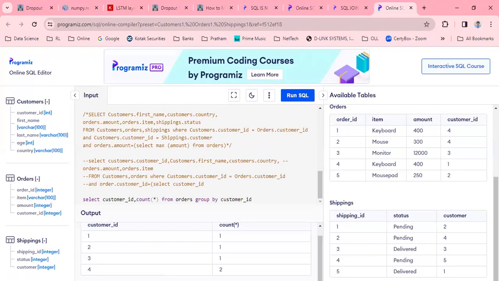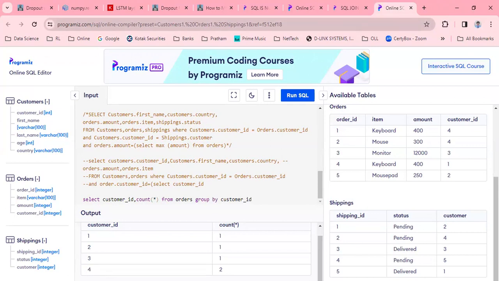Are you getting how you do group by? Group by is one more clause that I am adding. In that case, I'll get the number of orders as 2 for this particular customer ID 4. So now I can see